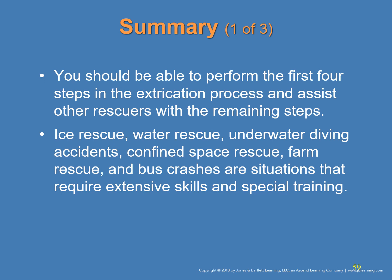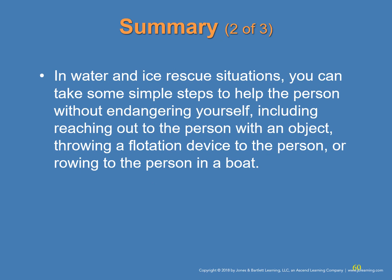Ice rescue, water rescue, underwater diving accidents, confined space rescue, farm rescue, and bus crashes are situations that require extensive skills and special training. It is important to help the patients, but not at the expense of your own safety. In water and ice rescue situations, you can take some simple steps to help the person without endangering yourself, including reaching out to the person with an object, throwing a flotation device to the person, or rowing to the person